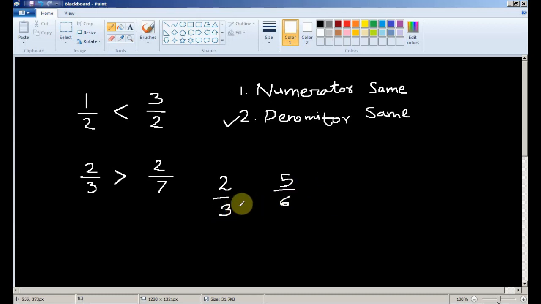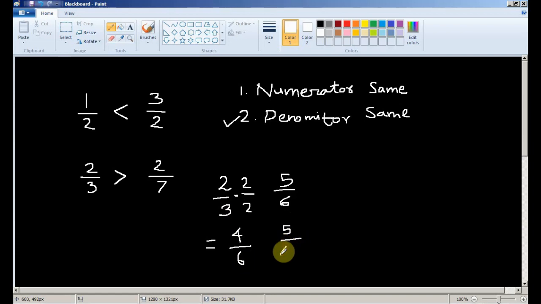In this case, this denominator is a multiple of that denominator. So I am going to multiply both the numerator and denominator by 2. I can do that with some factors. This will give me 2 into 2 is 4 and 3 into 2 is 6. This will give me 4 by 6, and I have to compare it with